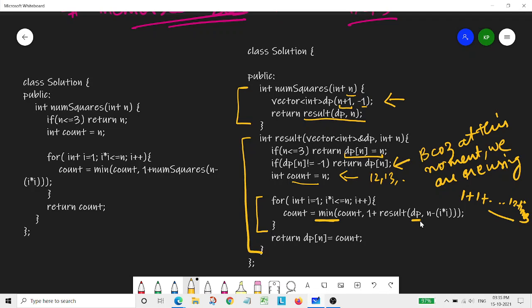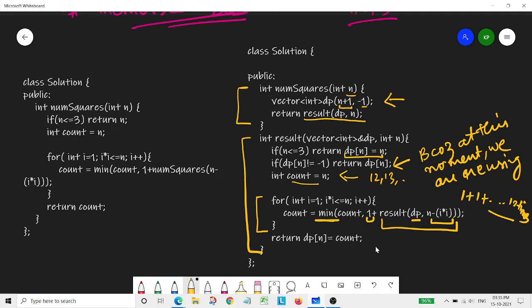And now here we are again passing this dp and that parameter, n minus i into i, into our result function, and we are adding this one so that it could determine that this is the particular square number count, so that whenever it hits a base case, it will simply return this one as the count.